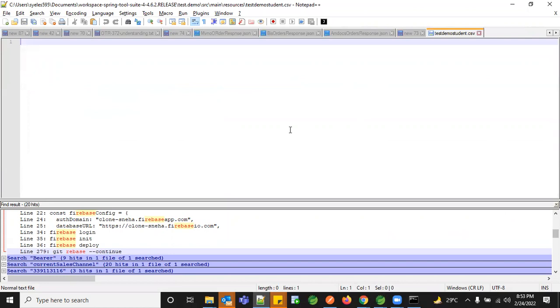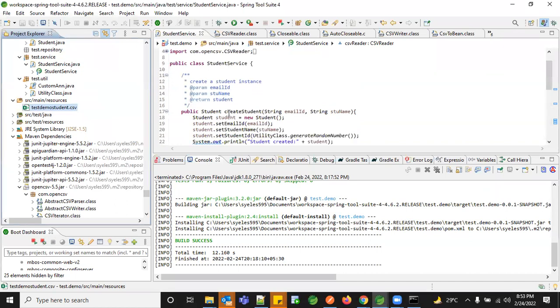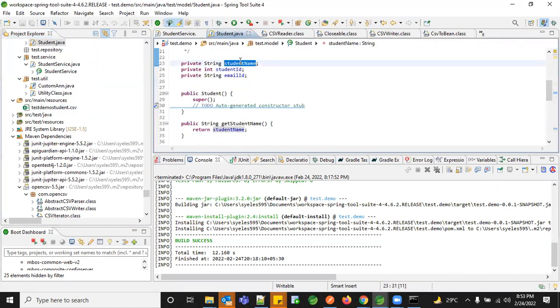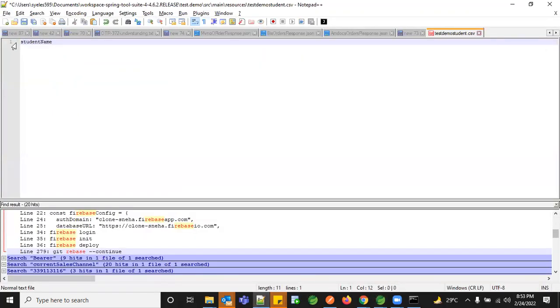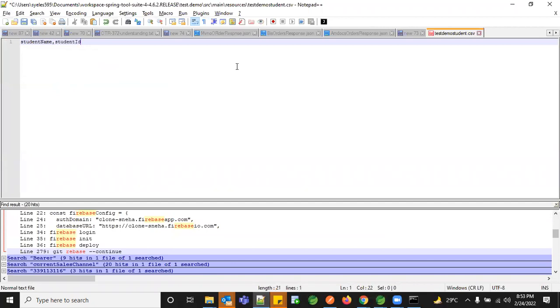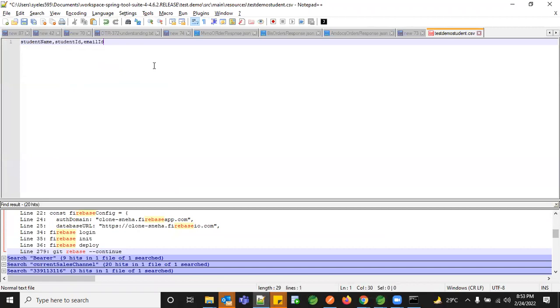So now let's have the actual attributes which we needed to have. Since we are using student, let's go with the attributes I have given here: student name, student ID, email ID.